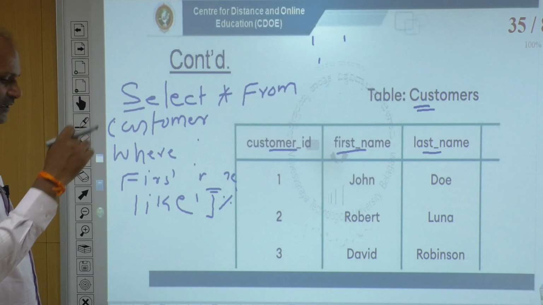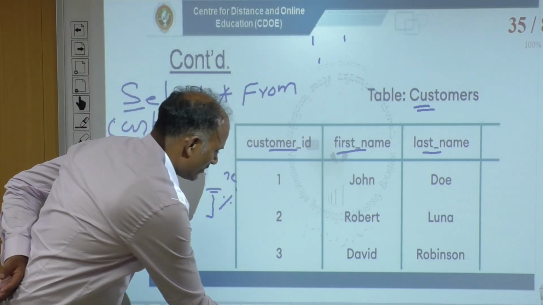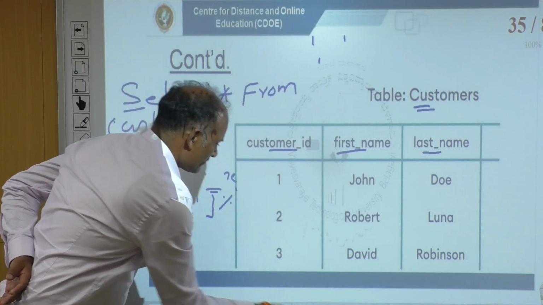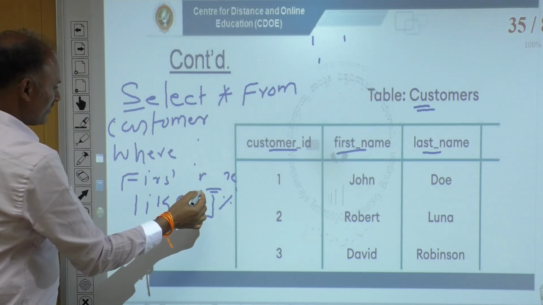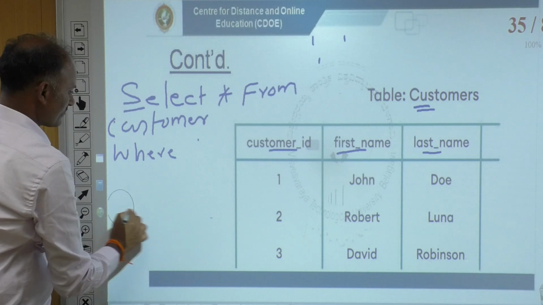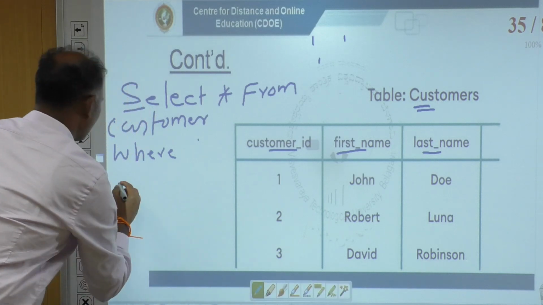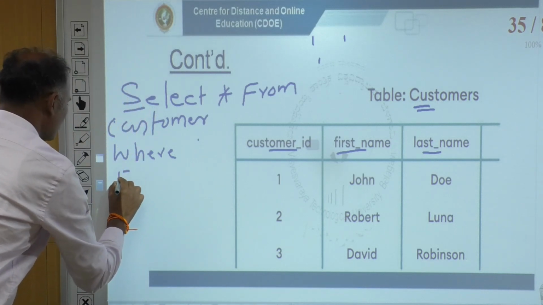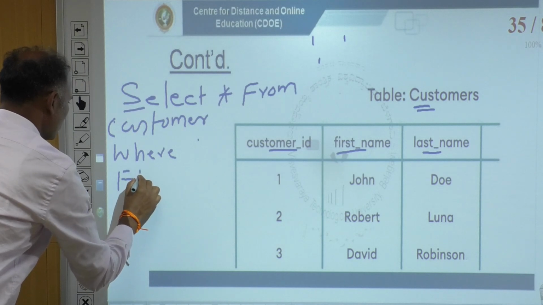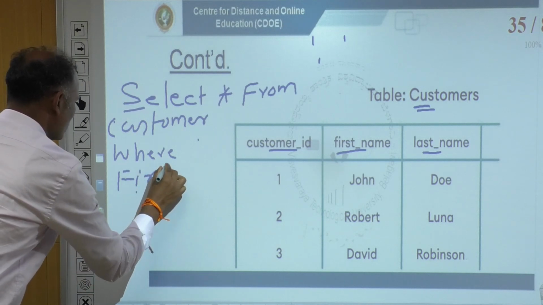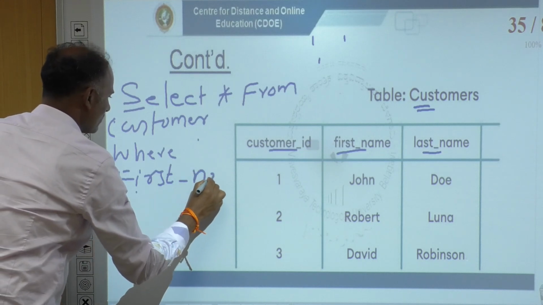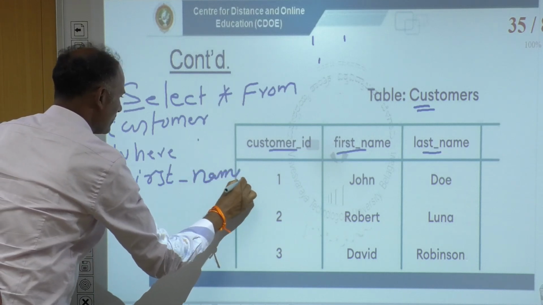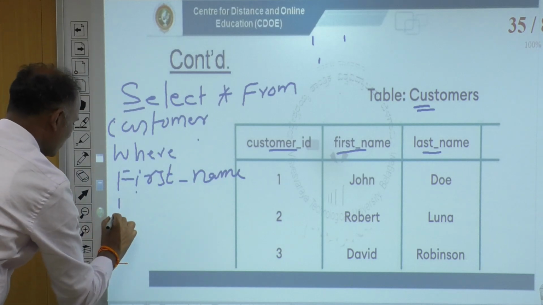Then how to write such a query? Select star from customer where first underscore name like